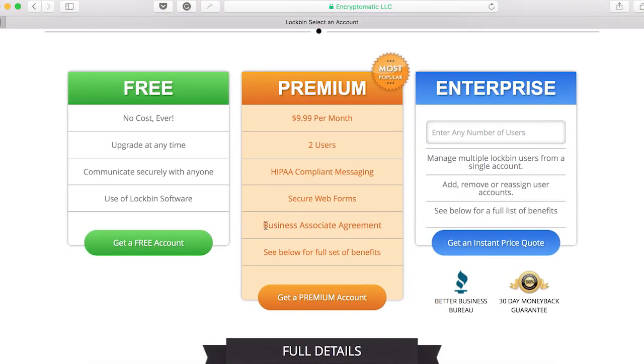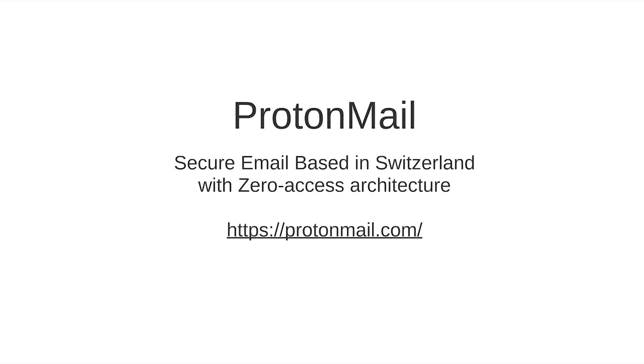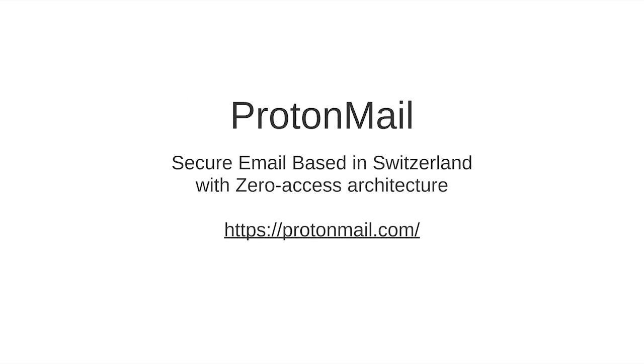What is unique to this service is that they offer you secure web forms. So if you have the need to gather some confidential information from your clients securely, you definitely need this service to do it. Protonmail. Protonmail is a Swiss-based project that uses a so-called zero-access architecture to create an email client